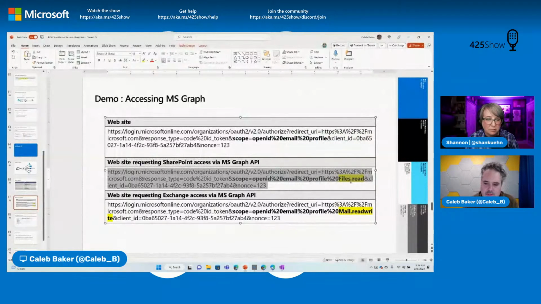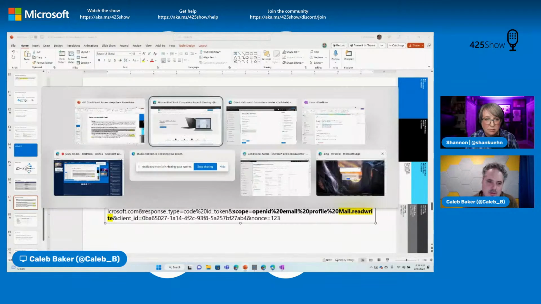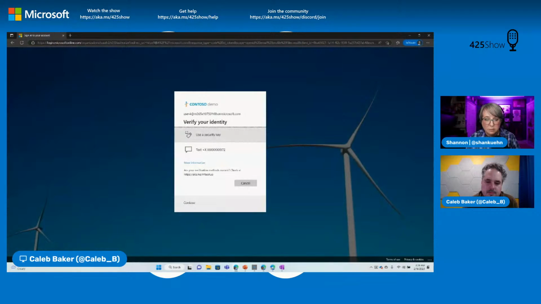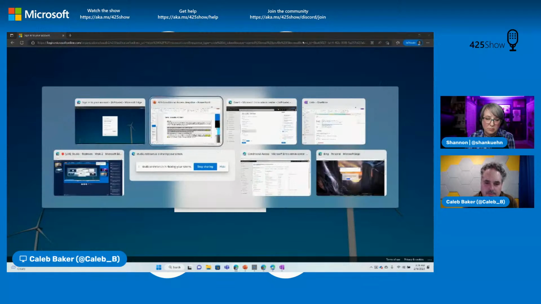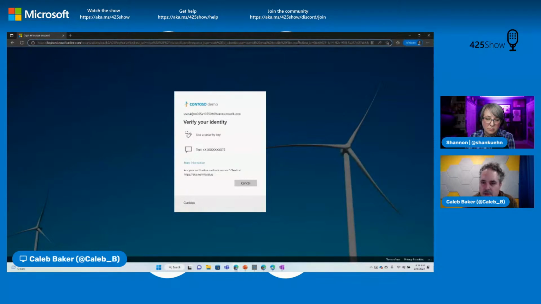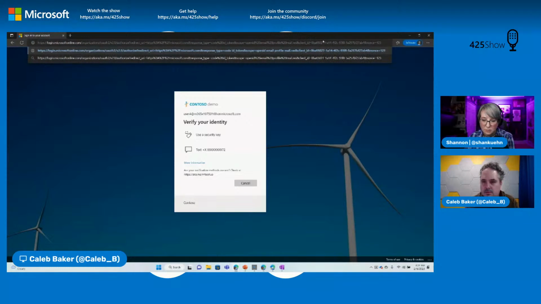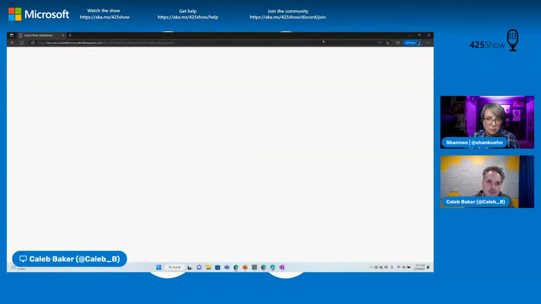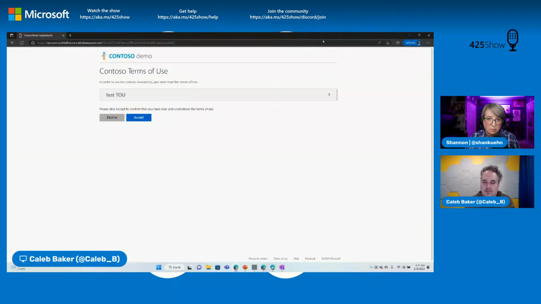If I come back, this request has the one modification that I'm requesting files.read access, so SharePoint access. Now I get that prompt for multi-factor authentication. And I can even go in here and change files.read to mail.readWrite. Now it's going to try and get that token for Exchange instead, which triggered that terms of use